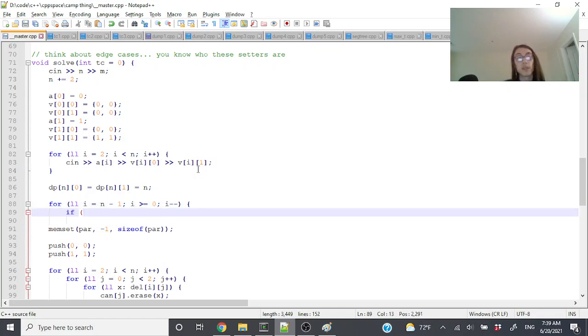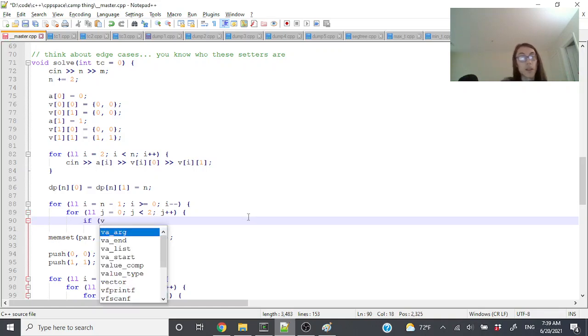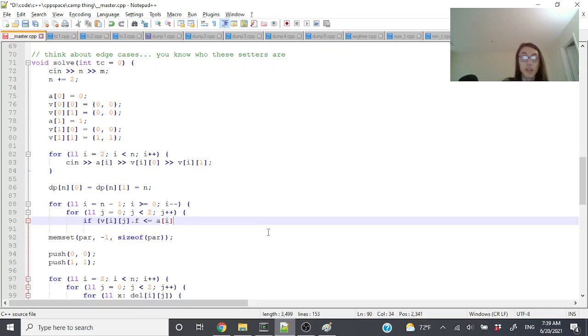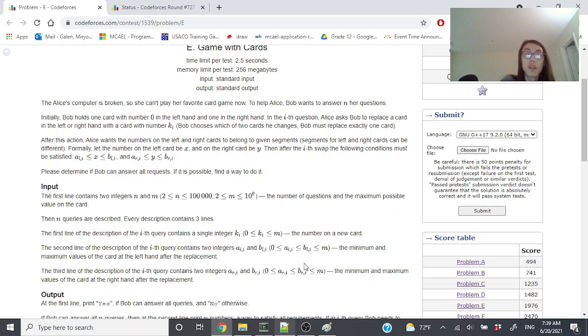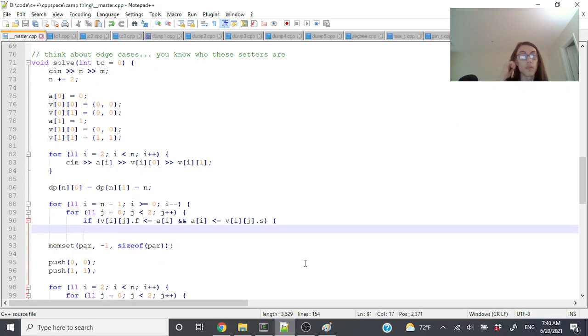So if this is valid, for j equals 0, j less than 2, j plus plus, if this fits within this interval, if v[i][j].f is less than or equal to a[i], and a[i], it's equal, right? Yeah. Is less than or equal to v[i][j].s,